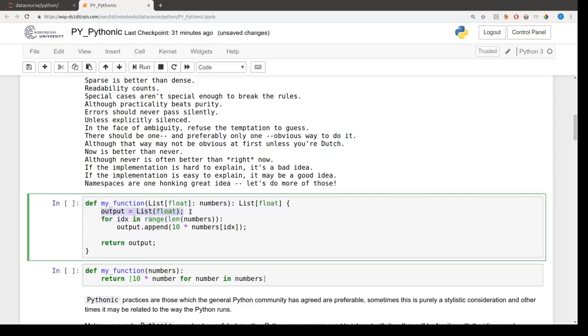So in something like Scala or a Java-related language, we might have to say, okay, I'm going to make this empty list. Why? I don't know yet, but it's going to hold my output. And then I say for every index between 0 and the length of my input numbers, okay, I've forgotten all about output now. Now I'm on to this iteration. What am I going to do with this iteration? Oh, well, I'm going to append something to the output, and I'm going to append 10 times the number at numbers index. It's much harder to explain what's going on here because I keep switching between different